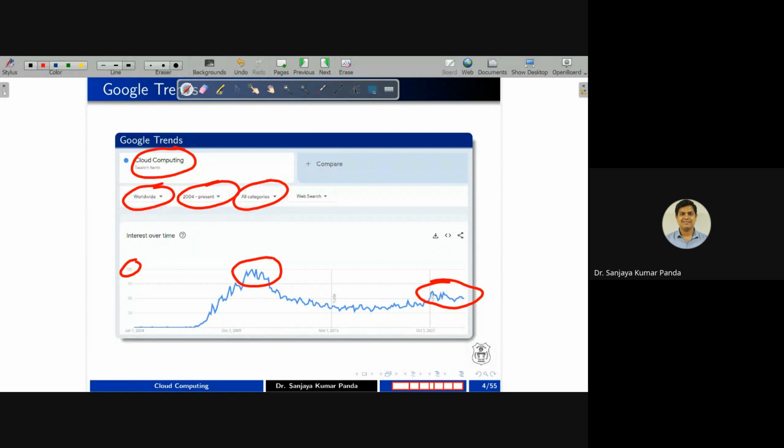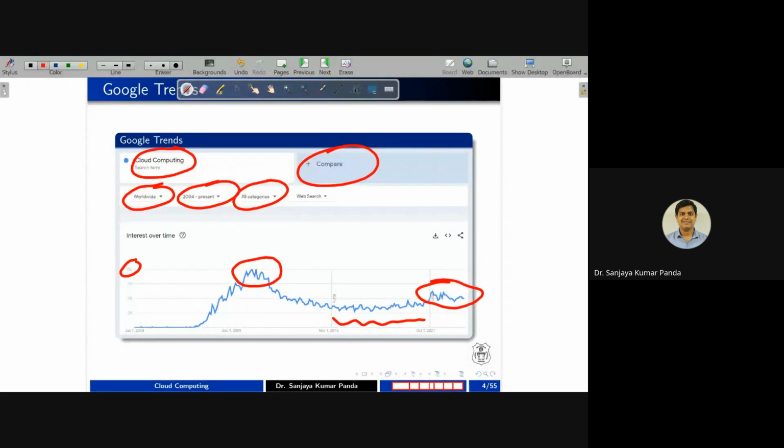So still people are interested in the field of cloud computing, although you can see in the 2015 to 2021 period, the number of search queries is less. But due to adoption of various other technologies like quantum computing, artificial intelligence, machine learning, blockchain, again, cloud computing is day by day emerging. Similarly, you can search for hybrid cloud computing. You can also write another technology here to compare cloud computing with any other computing paradigm.